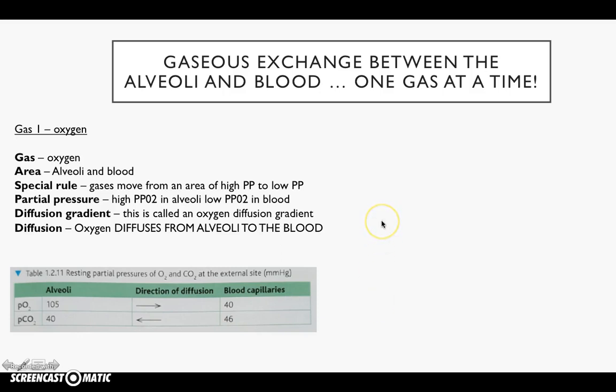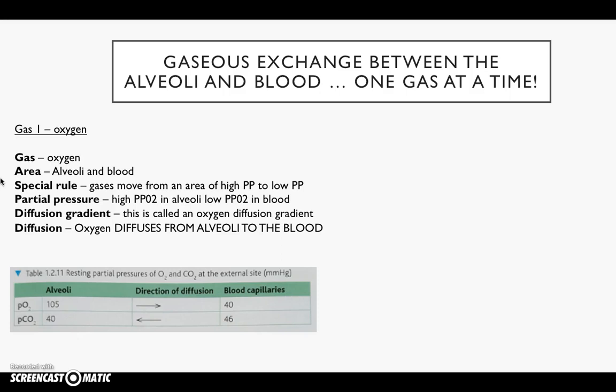Right, okay, so gaseous exchange between the alveoli and the blood. We always do one gas at a time. Makes it really simple and makes it easier for you guys to remember. So gas 1, we're going to be talking about oxygen. What's the gas? The gas is oxygen. What's the area this takes place? The area is the alveoli and the blood. What's the special rule? The special rule is gases move from an area of high partial pressure to an area